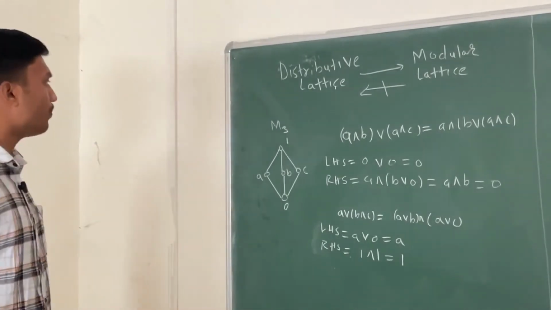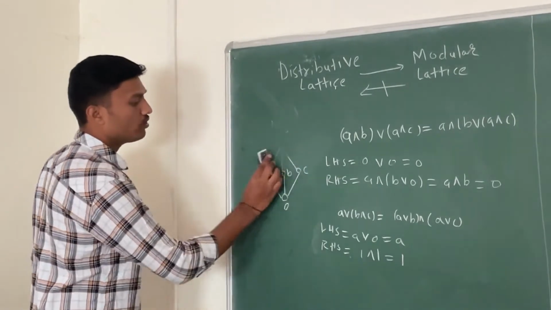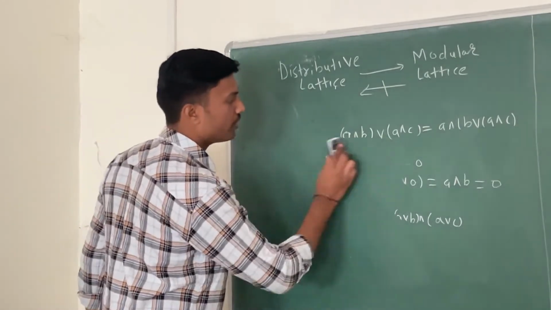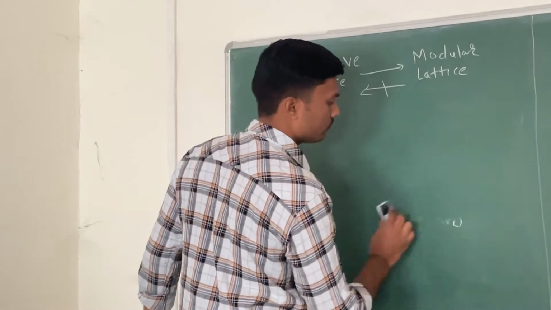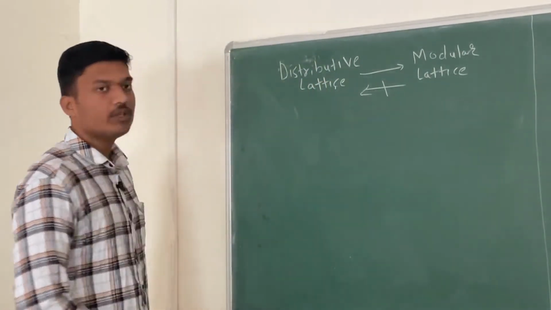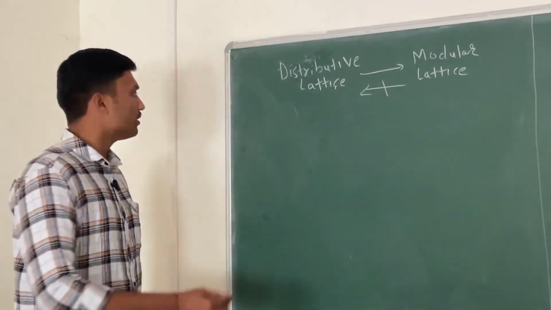Now we will show that the pentagon lattice, that is N5, is neither modular nor distributive. The diagram of the pentagon lattice is